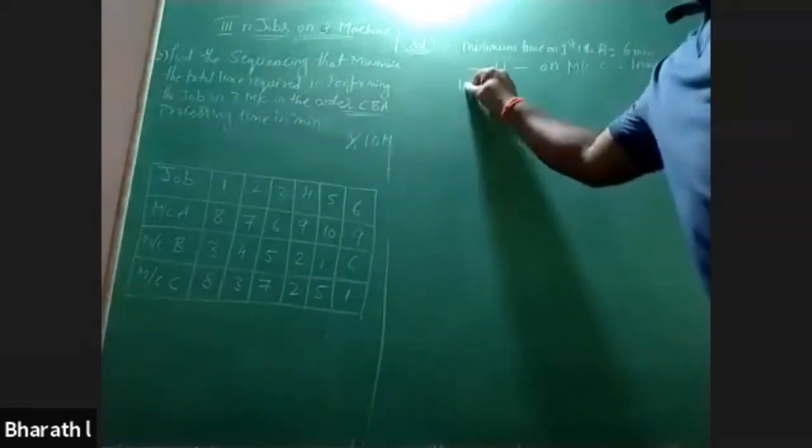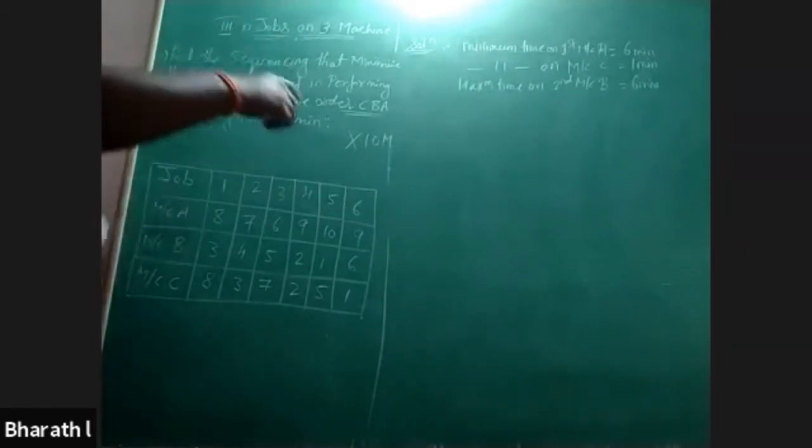The next we have to find the maximum time on the second machine, machine B. The maximum time on machine B is 6 minutes. After finding the minimum time of machine A and machine C and the maximum time on machine B,